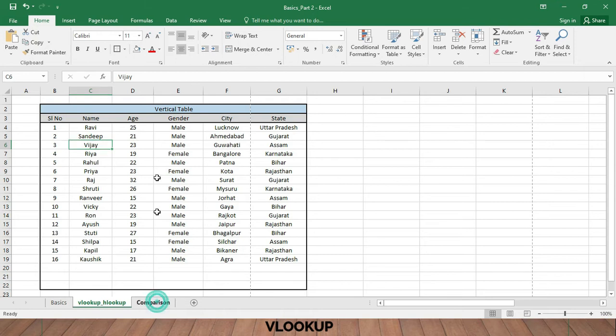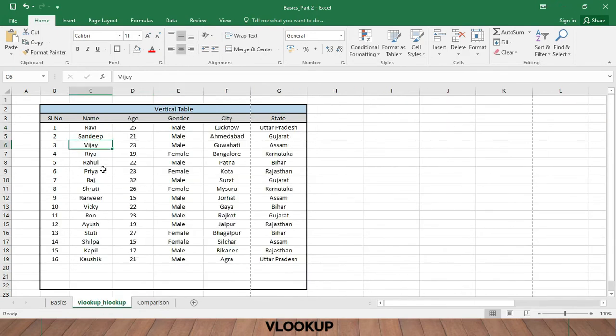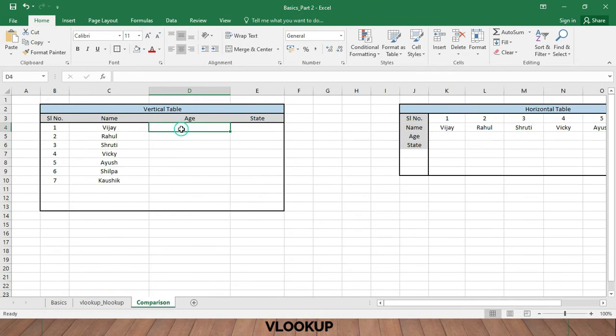So the formula looks like this. We go here, this is our target cell. The target cell has to be filled up by the age. What is Vijay's age here? We see Vijay is 23. So when we put the formula, it should be 23 here.